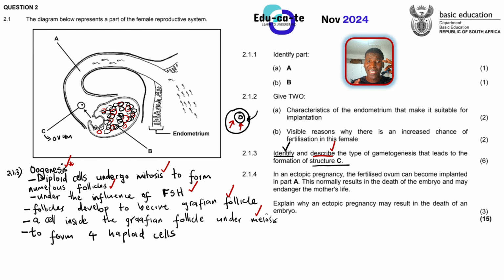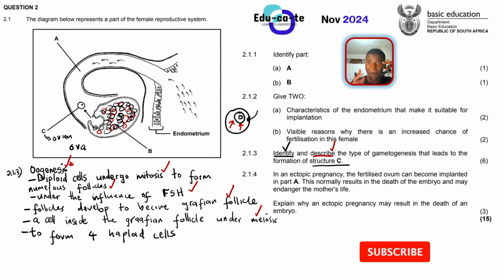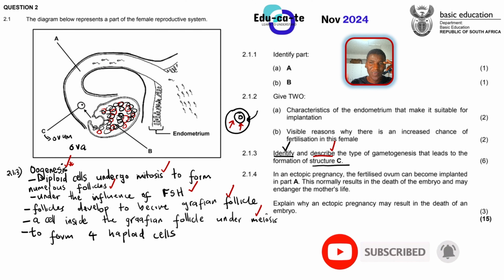Meiosis always has 4 cells coming from only one cell. One cell divides to form 2 cells, and those 2 cells will divide again to form another 2 cells. That is 4 cells. So here we are forming 4 haploid cells. But not all of the haploid cells are going to become ova. The plural for ovum is ova. So not all of them will become that. They won't become egg cells. Don't use the word egg cells, by the way.